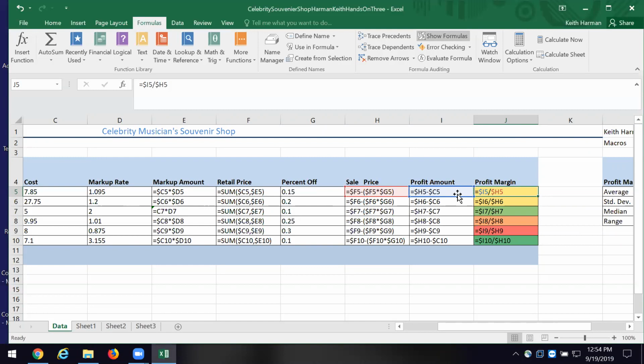Then we have a thing called an ordinal. That is, on a scale of 1 to 5, 5 being the highest, I hate Dr. Harmon, 5 or 1. Or on a scale of 1 to 5, 5 being the highest and 1 being the lowest, I like Dr. Harmon.